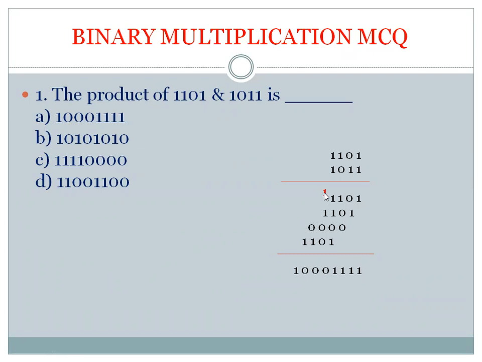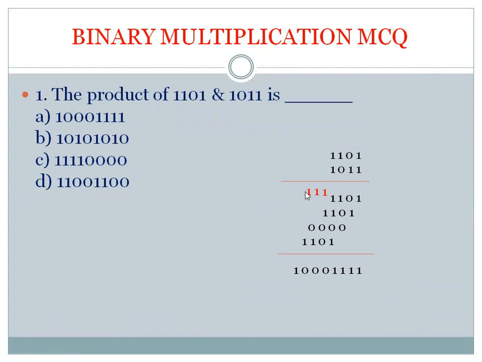Now we are going to add 1 plus 1 plus 0 plus 0. You get the result 2 in decimal, and the equivalent binary representation is 10. As we all know, therefore you are writing 0 in the result part and 1 in the carry part. While adding 1 plus 0 plus 1, you get the value 2 in decimal, and the equivalent binary representation is 10. So you are writing 0 in the result part and 1 in the carry part.